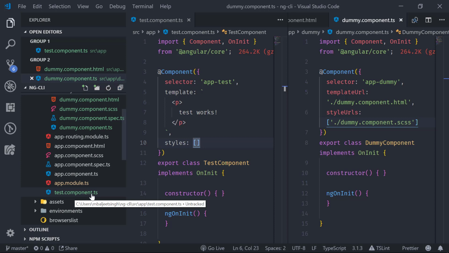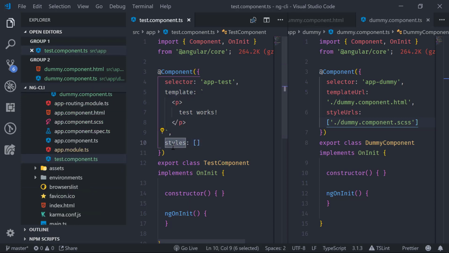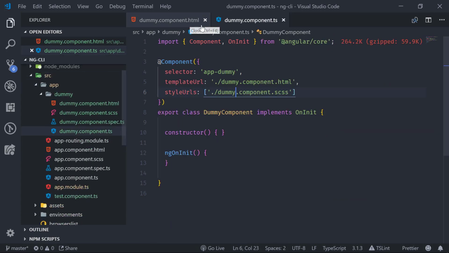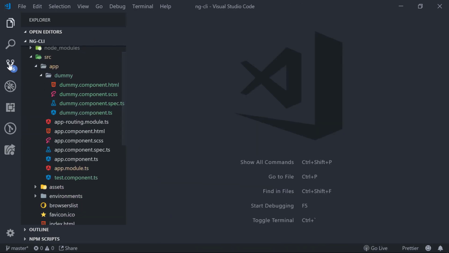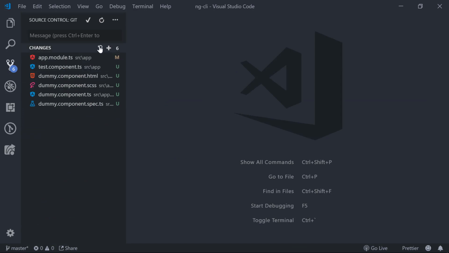And so we have the test component which has template, styles, and everything inside of that one file, and we don't have that test file generated with it. So let's close it for now, and then I will actually revert back,